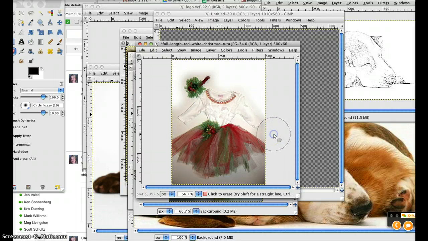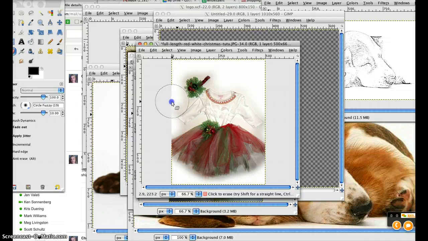And then just a little bit of work there, and you end up with a picture that looks fairly professional, you know, not too bad. Now, tutus are a little tough because you got that tool where the light shines through it, and so it's not as easy to get a good clean view on that one. But actually that looks pretty good for like a Christmas, you know, it almost has a sepia look to it. So, you know, not bad. So there we've got a better image, and then we just save that, Control S, and click Save, and it'll